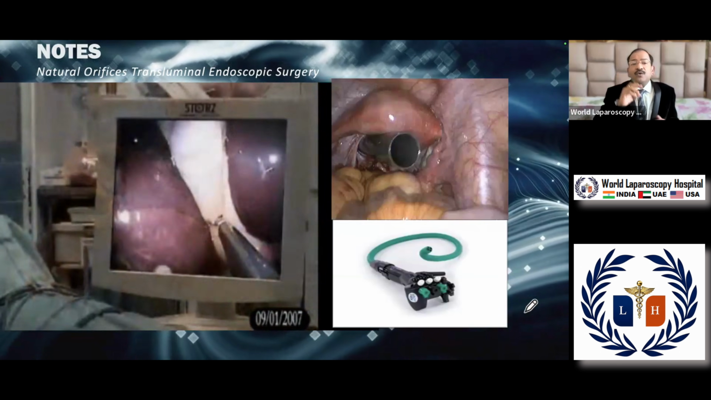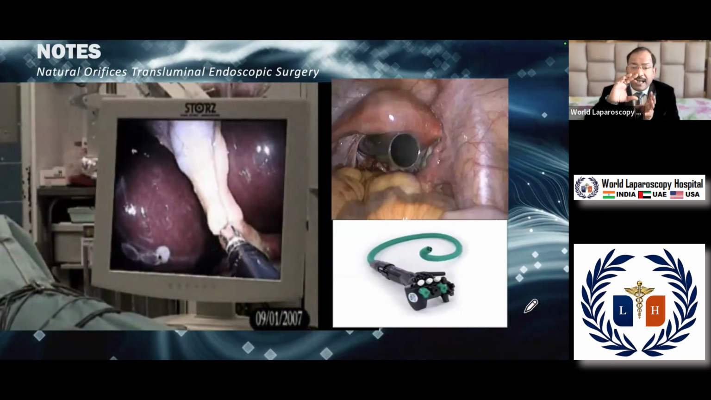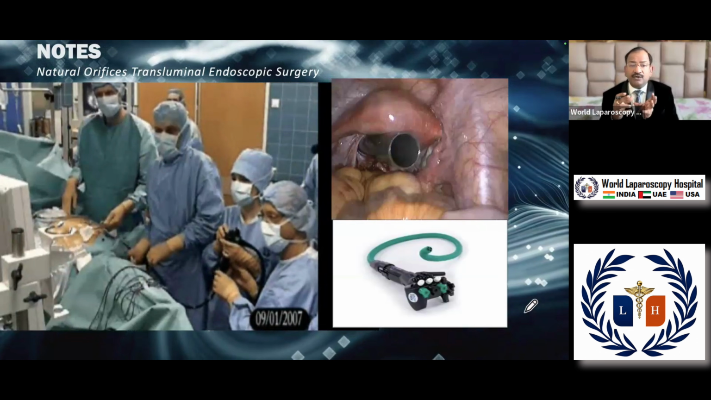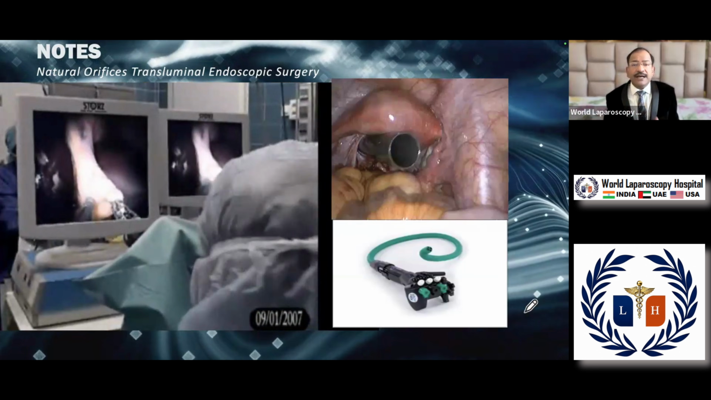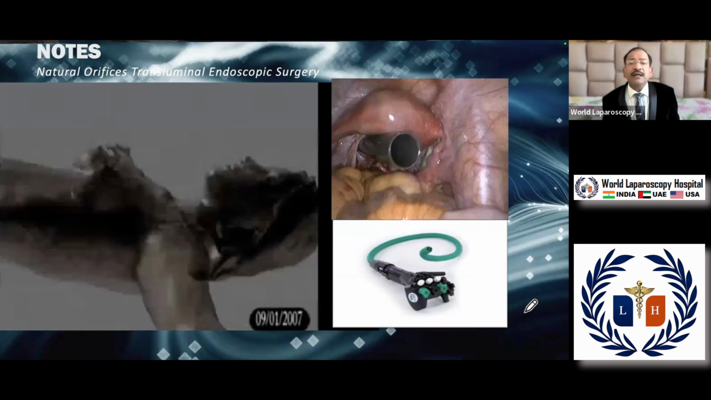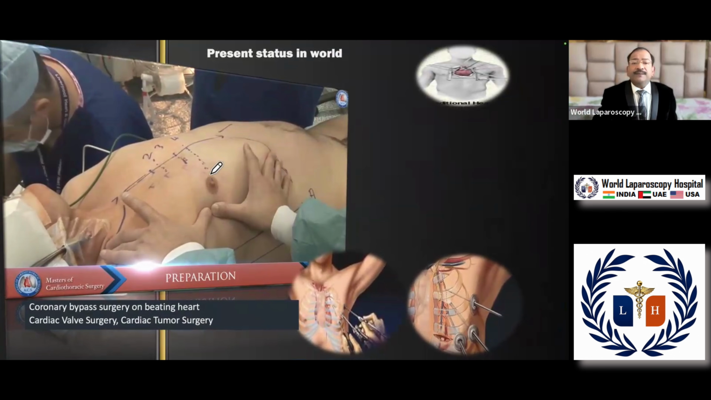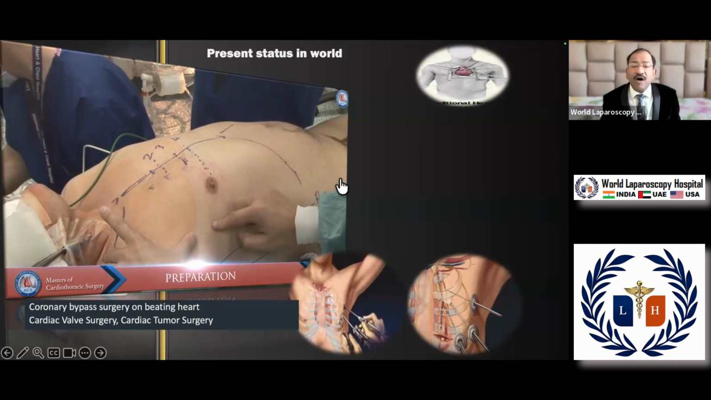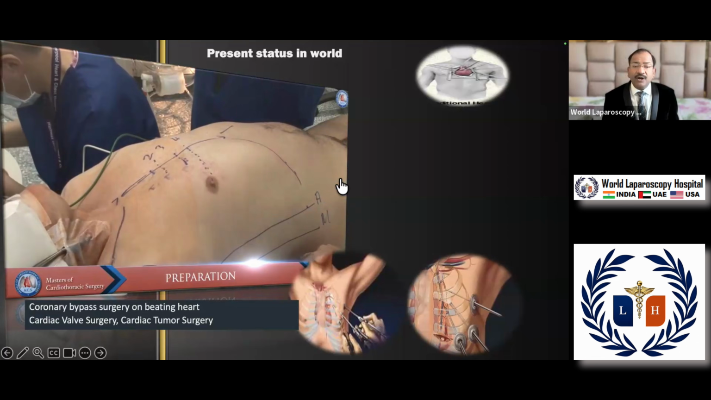And just like upper and lower GI endoscopes, it has an angulation wheel, through which you can perform natural orifice transluminal endoscopic surgery. Present status in the world is that cardiac tumor surgery, cardiac bypass surgery, valve replacement surgery, all you can perform